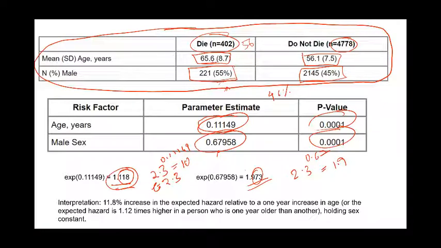So this is a ratio, a hazard ratio, which shows that if the hazard ratio is 1.118 with respect to age, then the hazard increases 11.8% with each increased year of age. Like if the person's age is 66 instead of 65, then there is an 11.8% increase in the risk of death. Similarly, if there are 402 males, and it becomes 403 males, then that person will have a 97% increase in risk of death. That is what hazard ratio means.